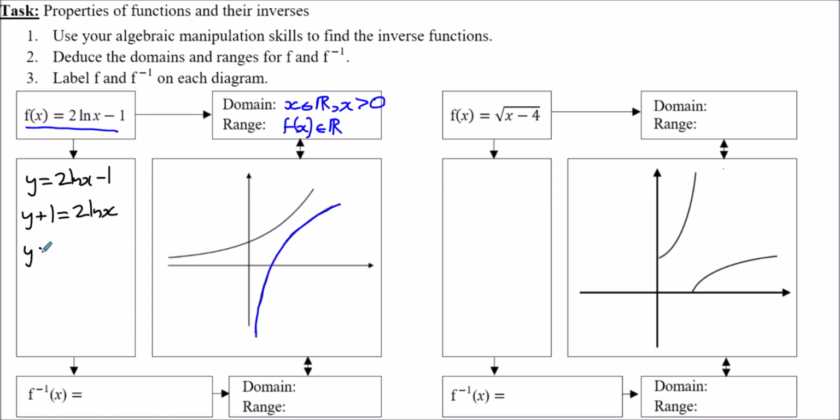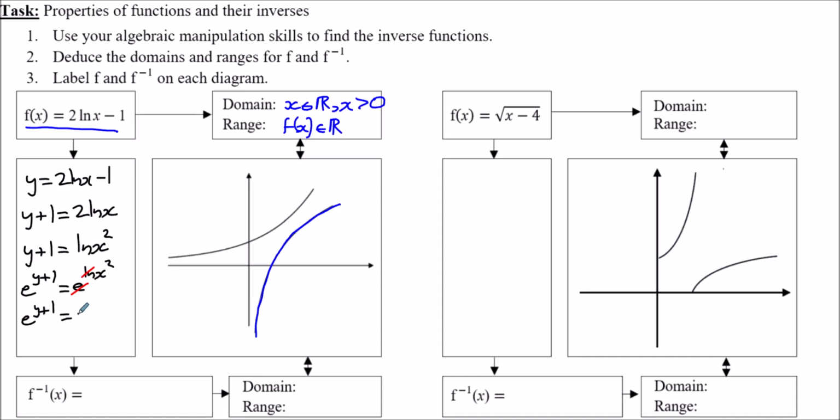So y plus 1 equals ln x squared. If I now exponentiate both sides, raise both to e, so e to the y plus 1 will equal e to the power of ln x squared. e and ln essentially cancel each other, so that'll just give me x squared on the right hand side. So e to the y plus 1